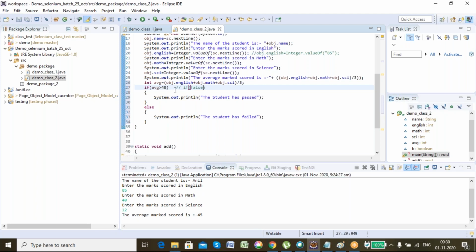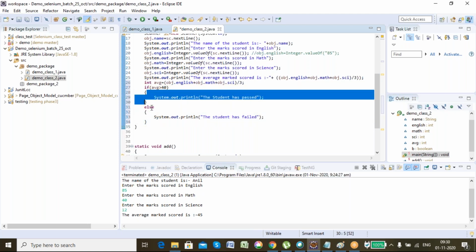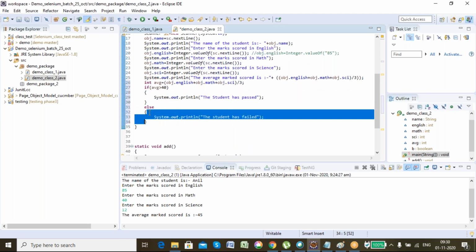Got my point? Yes, sir. So for if this is the starting curly brace and ending curly brace, and for else this is the starting curly brace and this is the ending curly brace. So this is the body of if, this is the body of else, right?